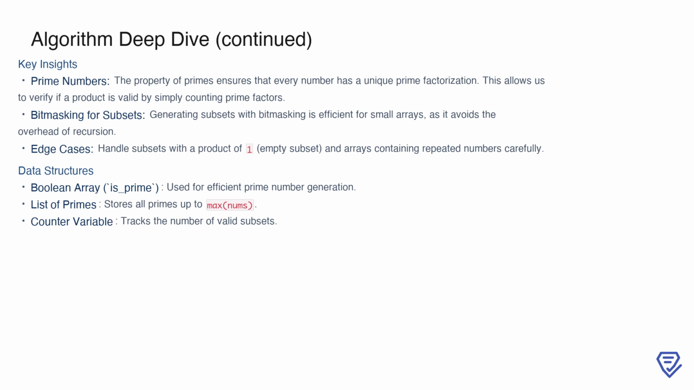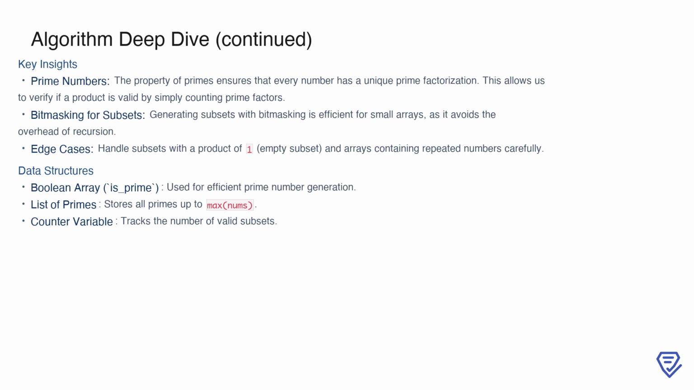First, the unique prime factorization property guarantees that every number can be broken down into a product of primes in one specific way. This makes it straightforward to verify whether a product is composed of distinct primes. Second, using bitmasking to generate subsets is particularly efficient for smaller arrays, as it eliminates the need for recursive subset generation. However, edge cases like subsets with a product of one or arrays containing repeated numbers require careful handling to